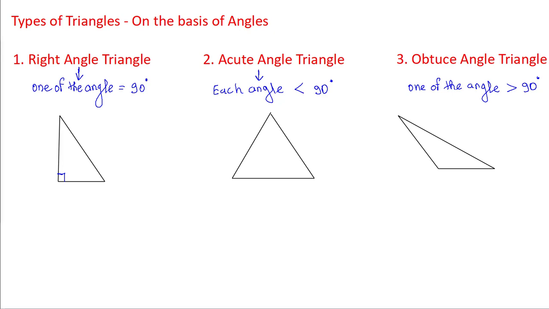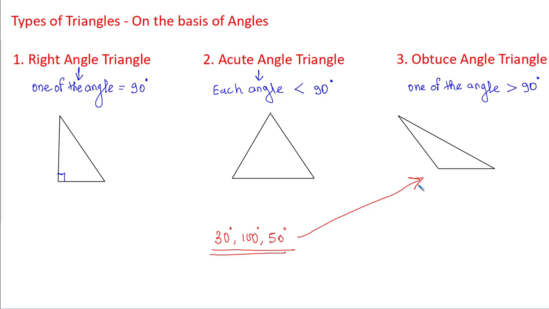Okay, so now look here, by using this definition, if we know three angles of a triangle, then we can easily identify which kind of triangle it is. For example, let's say the three angles of a triangle are 30 degree, 100 degree and 50 degree. So this triangle is going to be which kind of triangle? This triangle is going to be obtuse angle triangle, because one of the angle is greater than 90 degree. Okay, that is very easy.